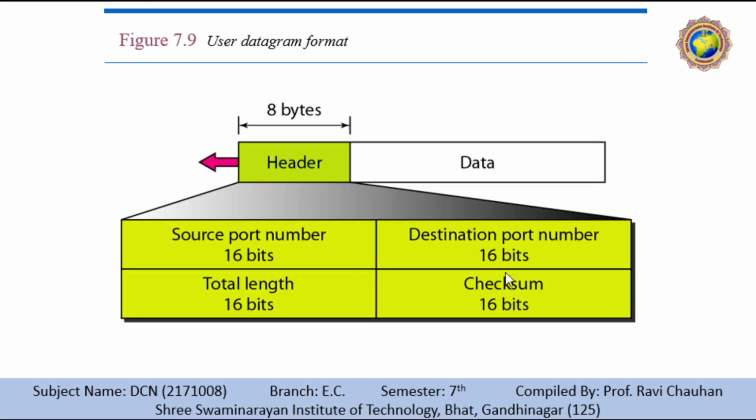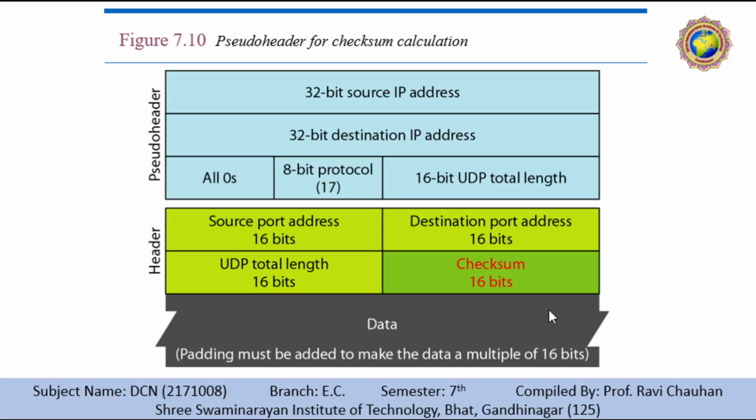The last one is a checksum. This field is used to detect errors over the entire user datagram, header plus data. So we discussed the checksum in detail. We have already talked about the concept of the checksum and why it is calculated in our previous chapter. We have also shown how to calculate the checksum of the IP and ICMP packet. We now show how this is done for a UDP.